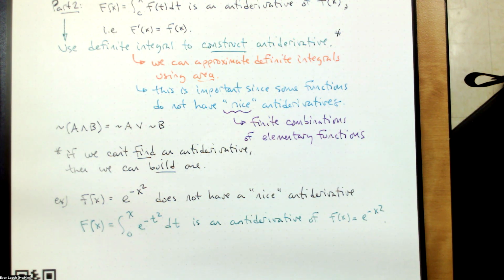We can't just write a nice function down. We have to construct one using the second fundamental theorem of calculus. This is not as nice as being able to say something like an antiderivative of x squared is 1/3 x cubed. Makes a nice, clean, closed formula. Here we're constructing one. It's not as satisfying, but it's perfectly functional, because if I need to know what f of 1 is equal to,